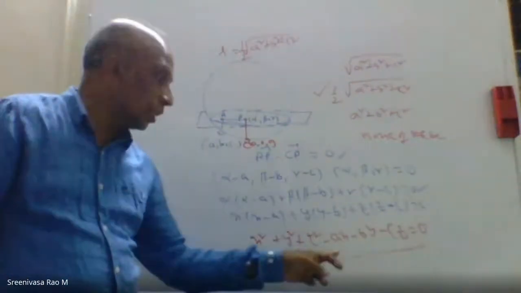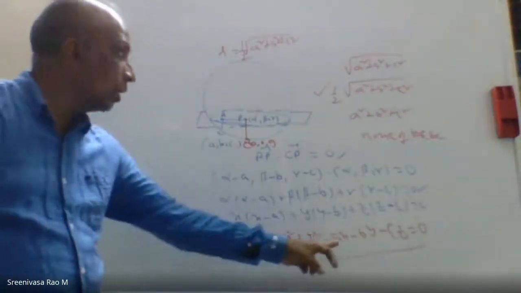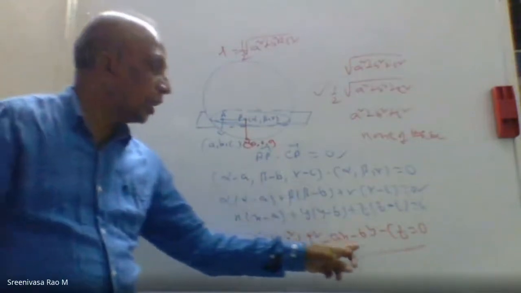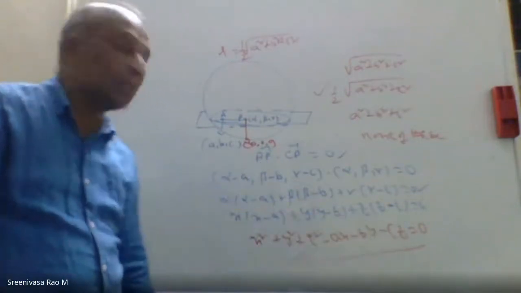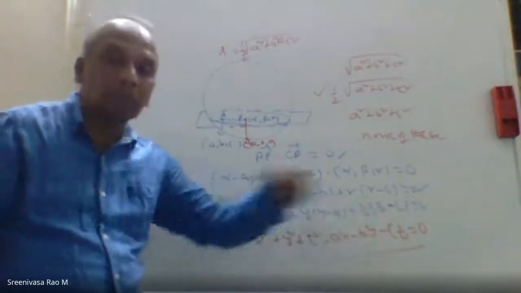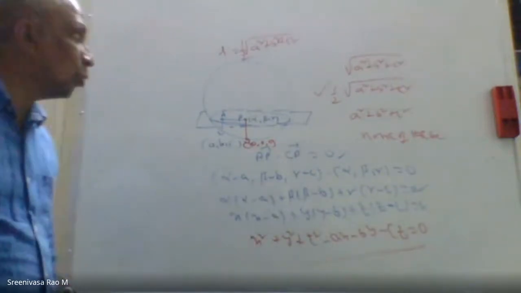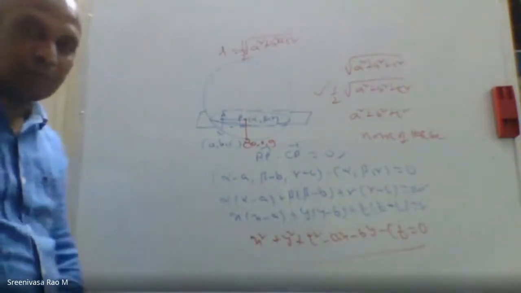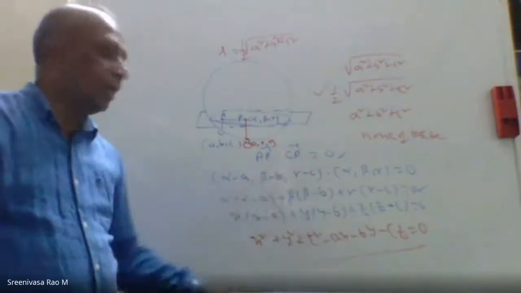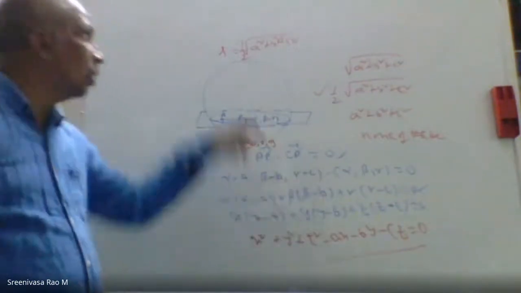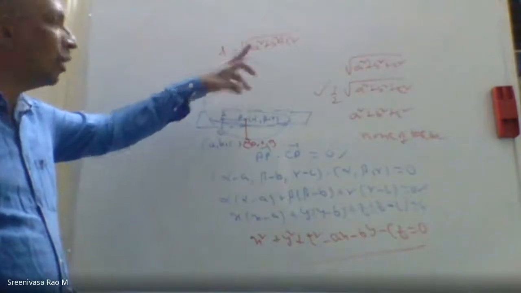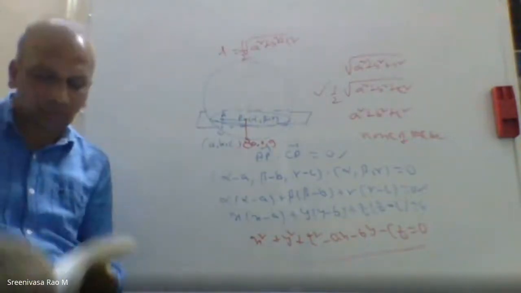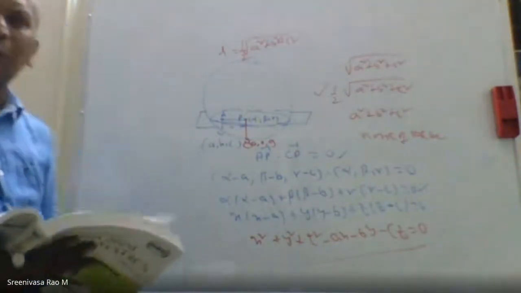Center 0 is not the center. You are getting now the center; you can solve it on the center. You will get a comma b comma. The center is a by 2 comma b by 2 comma c by 2. Center will be that, and the constant is 0, passing through 0 0. So the radius of the sphere is half into root of a square plus b square plus c square. That way we can find this.